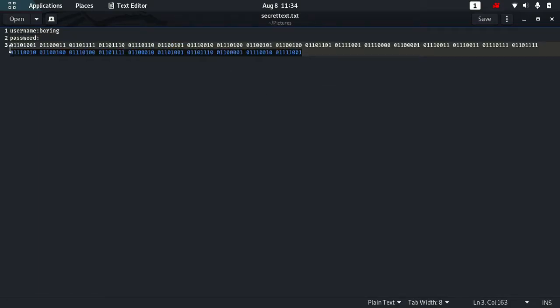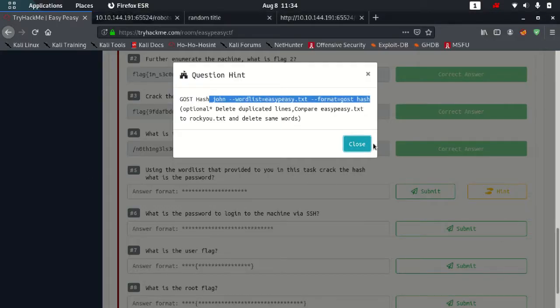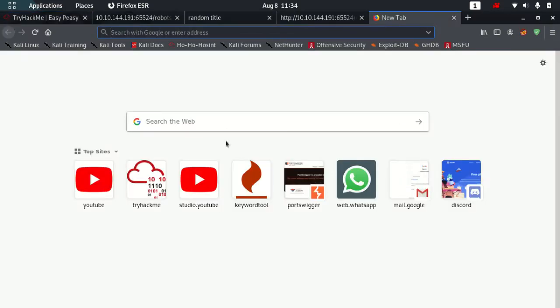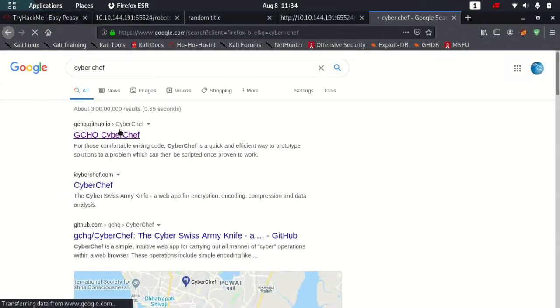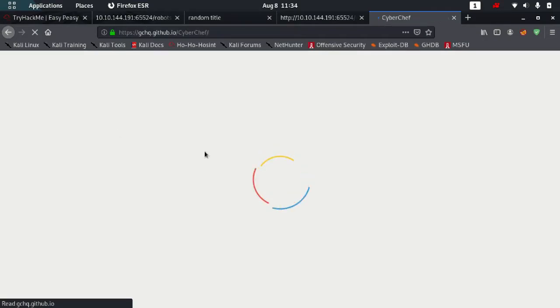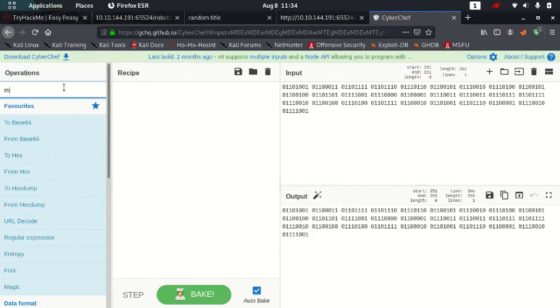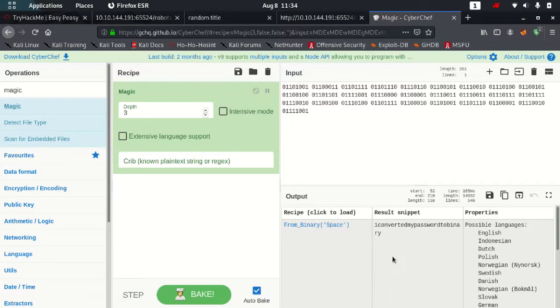So you can see the password, and you can also see the username is boring, and the password is something in binary. So we'll go and crack that. To crack that, again we'll go to CyberChef, and we will paste that hash and use Magic again, and we got the answer.